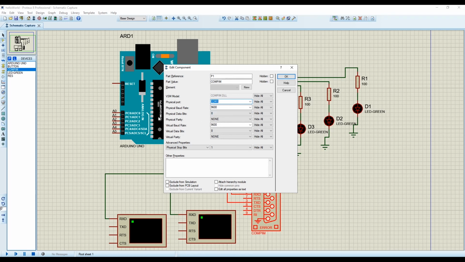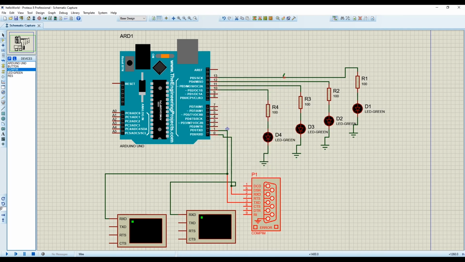Physical data bits 8, parity none, virtual baud rate also 9600, virtual data bits 8, and virtual parity is none. So be sure it is the same as mine.